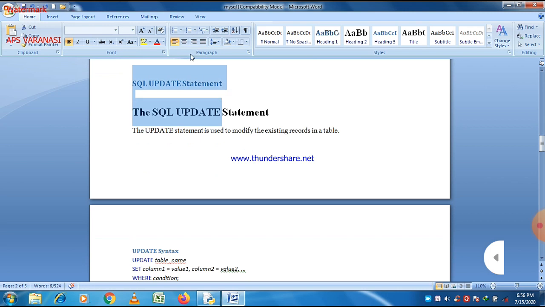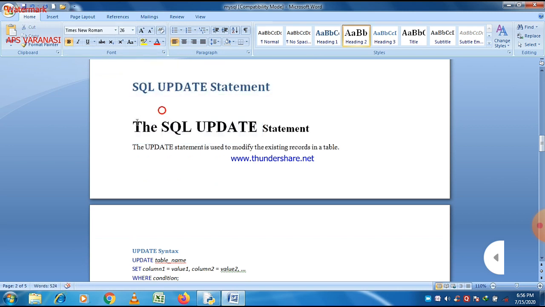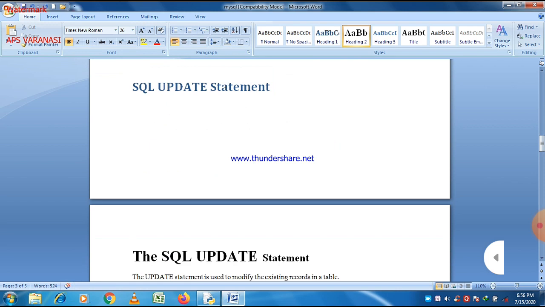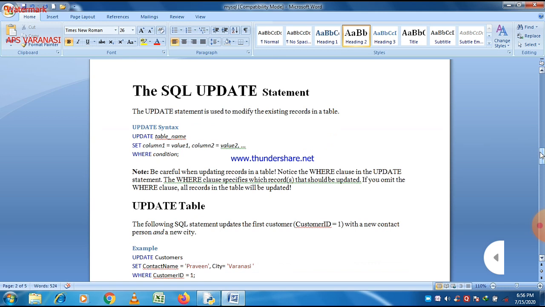Let us discuss the SQL update statement here. How can you update a table? We can update a table using the SQL update statement.